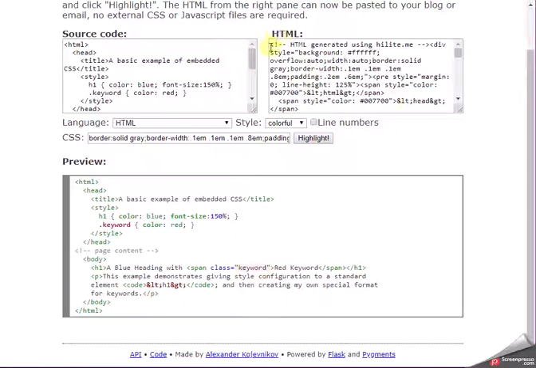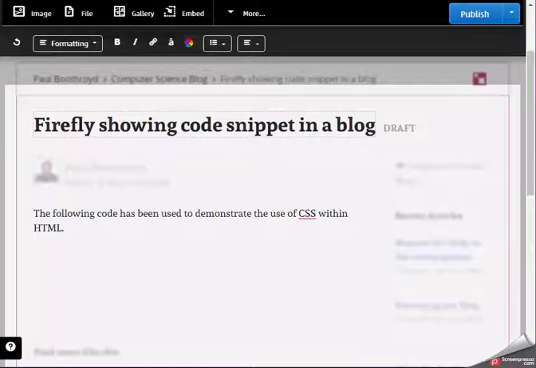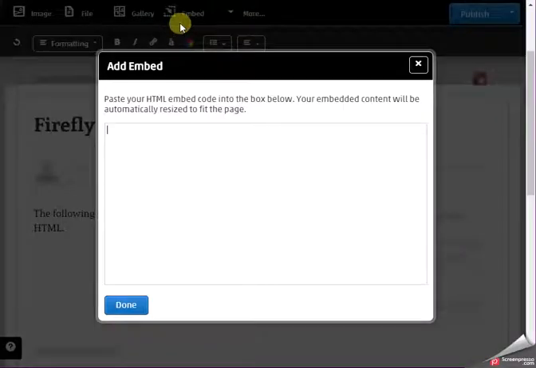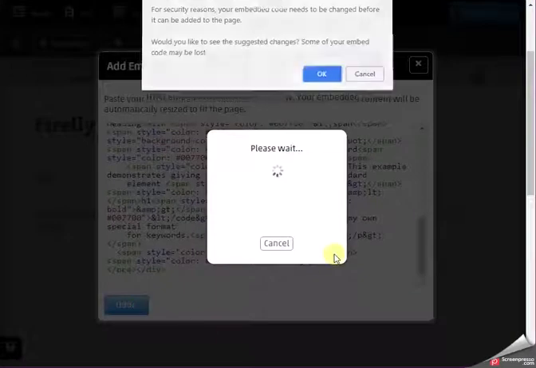The code I need is this HTML. So I take all of that box and then cut and paste, so Control copy, go into my Firefly blog, and to put it into the blog I need to embed. Embed allows us to put some HTML inside a web page. Firefly hasn't particularly wanted to do it this way. This is not what they intended this feature for, but most of the time it seems to produce a reasonable result